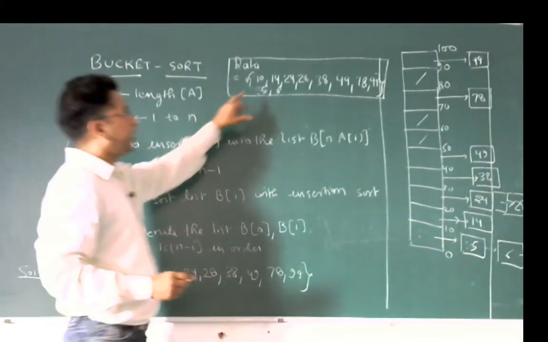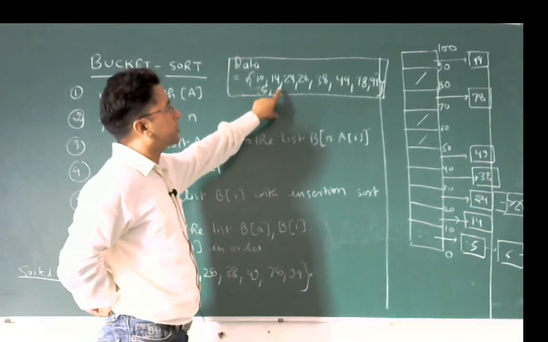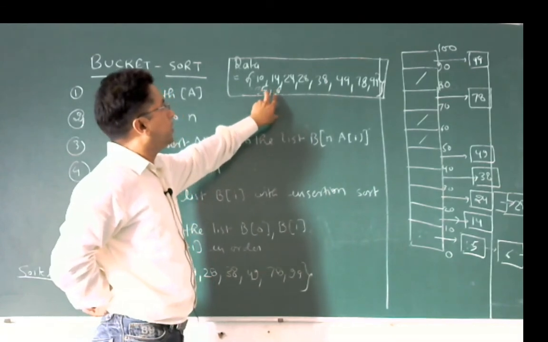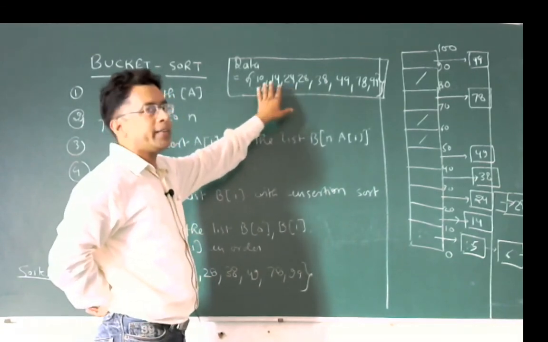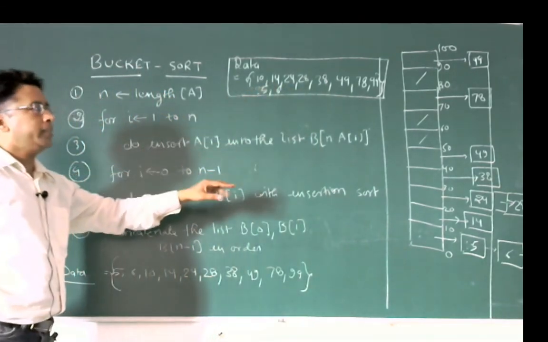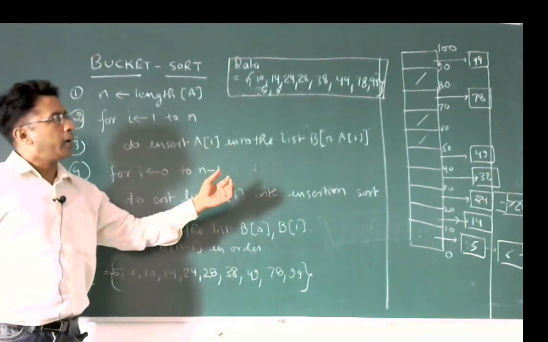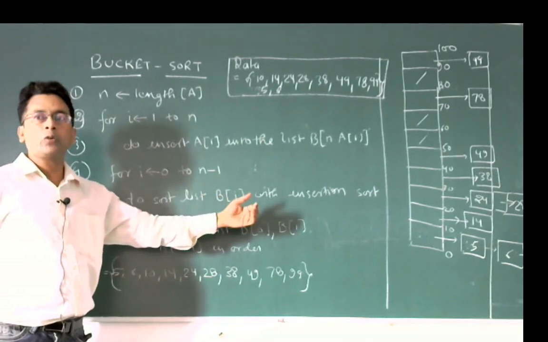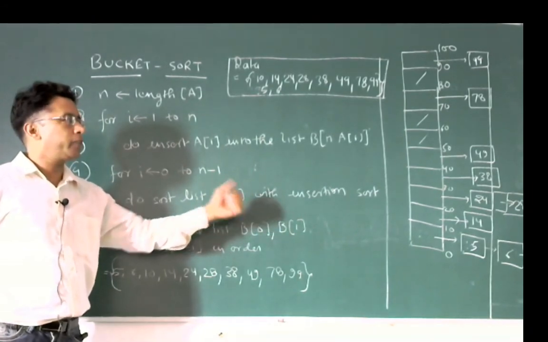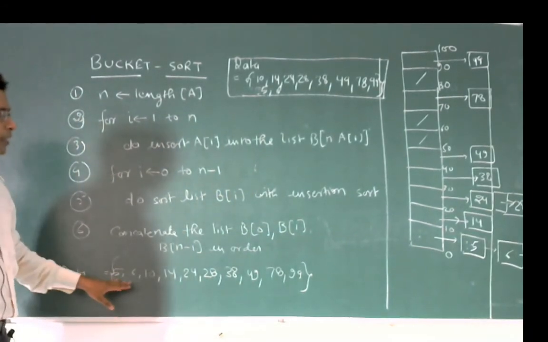Initially the data was not sorted. Here 5 and 6 are coming after; I had added 5 and 6 after 99. But when I divide the data into different boxes of equal size, and apply insertion sort over the different bins, and after that concatenate this data, the data gets